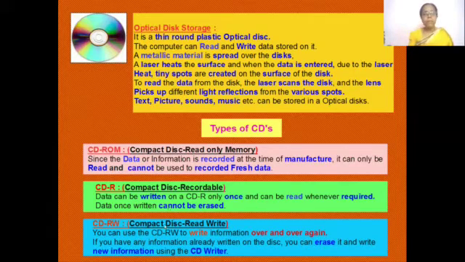Then the development became better, and then they have the CD-RW. RW means read and write. Compact disc, read and write. So in this disk, you can erase the information and write over that information. Suppose you had made some information, you can overwrite over that information. You can re-record on that information. You can erase it and you can write information.